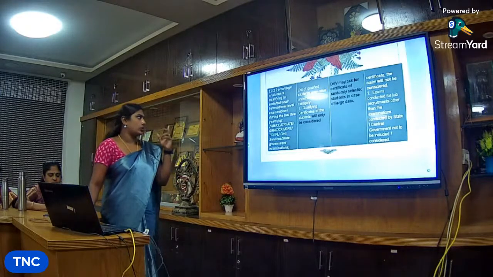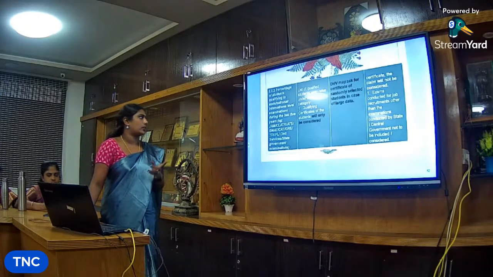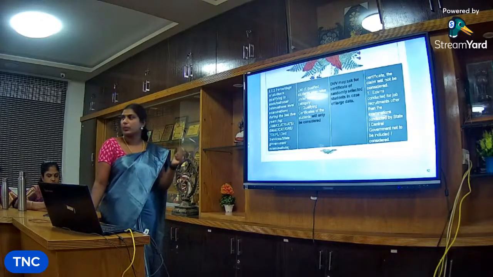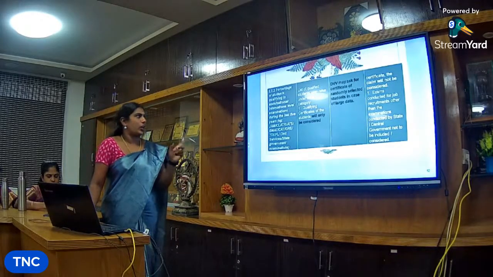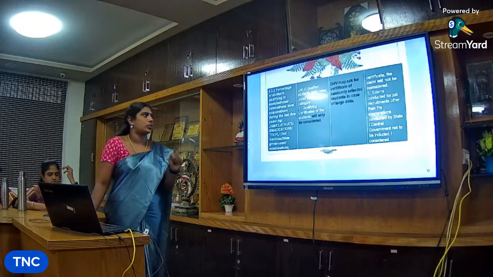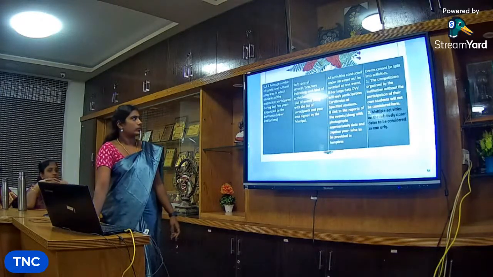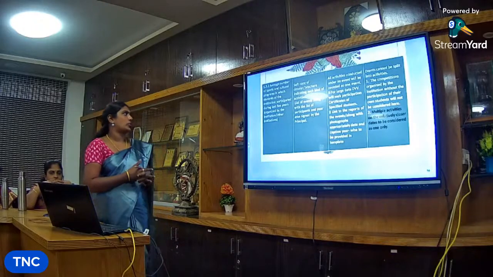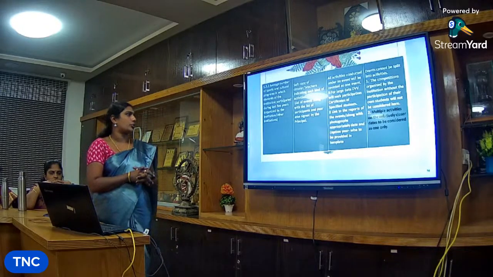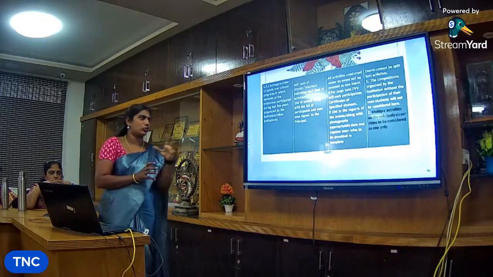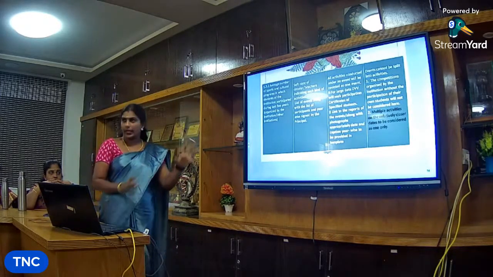5.2.2, percentage of students qualifying in state, national and international level examinations: qualifying certificates of the students will only be considered. The DVV may ask for certificates of randomly selected students in case of large data. The average number of sports and cultural programs in which students of the institution participated: multiple activities on relatively closer dates are to be considered as one only.